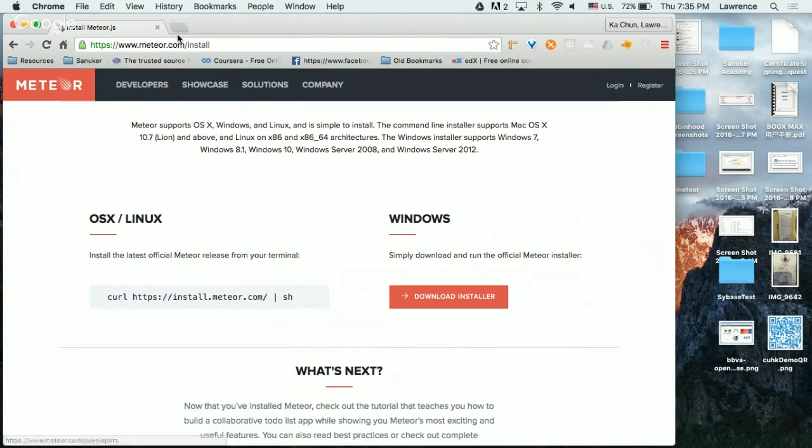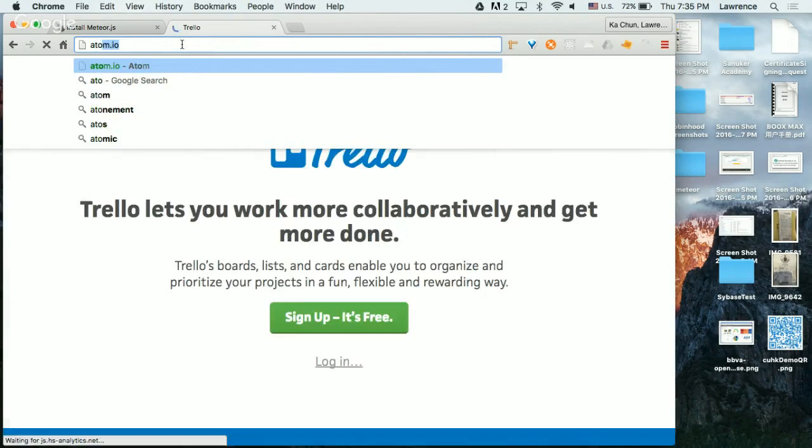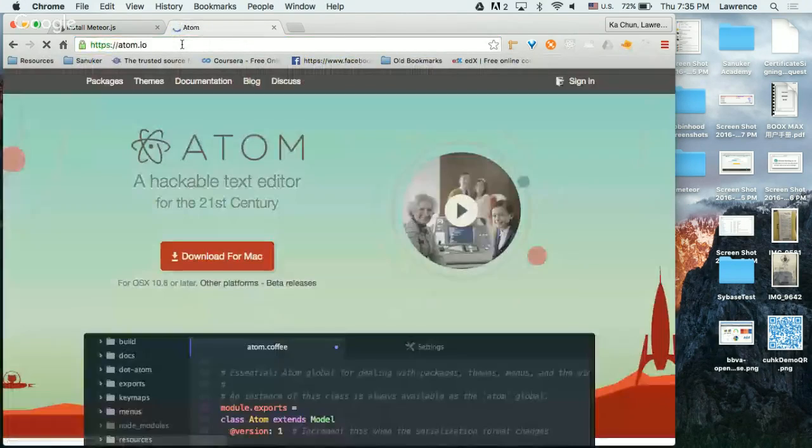That's okay. For the second thing we asked you to install, it's called Atom. When we say we are writing programs, doing coding, you actually need to type something. So when you do programming, you need software to help you write things. Technically speaking, you can use a notepad or WordPad or even Microsoft Word to write programs, because anything you can type, you can write programs.